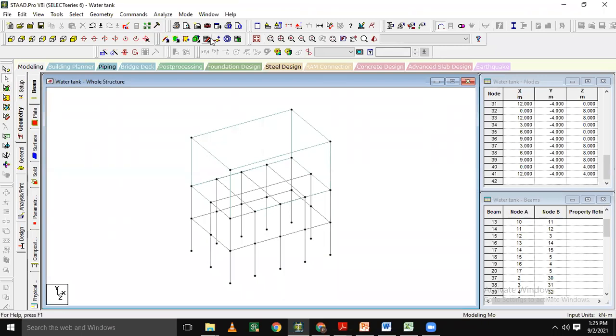Now we are done with the modeling and framing. Now next step is